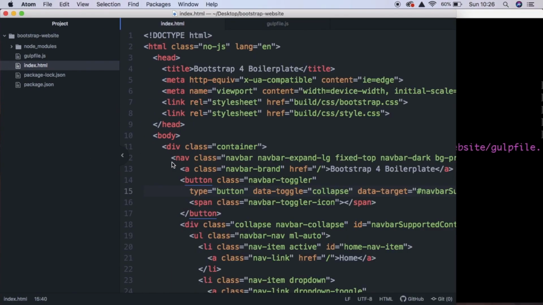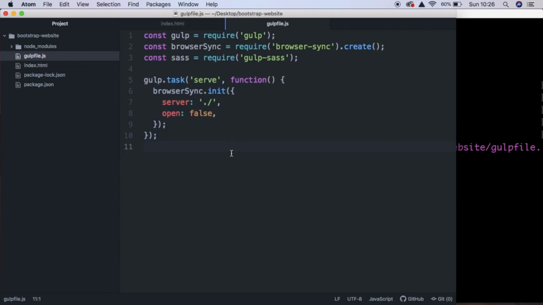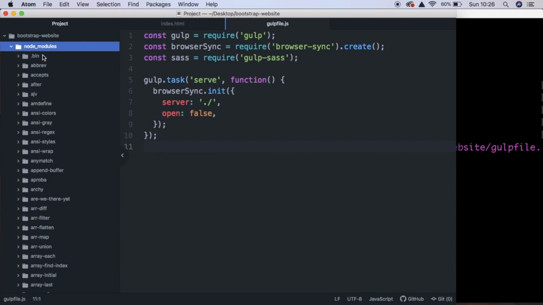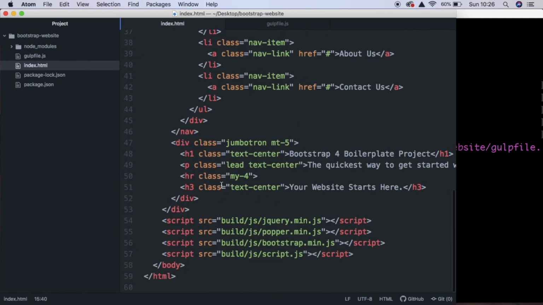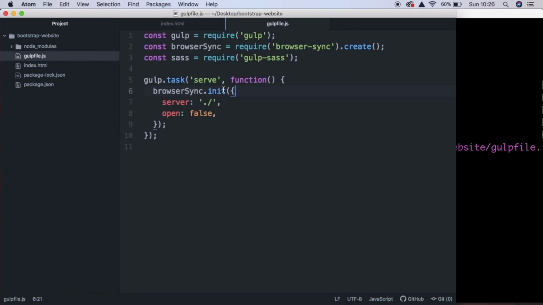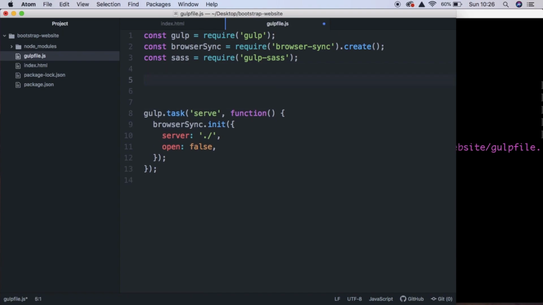So now we're going to fix that, and to fix that we're going to go into our gulp file, and now we need to create gulp tasks to bring the Sass and the JavaScript from inside the modules that we required and put them into a build folder, which our HTML file is looking for. So to do that, we're going to go into our gulp file and we're going to create these tasks. So the first task we're going to create is a Sass task. So we're going to say gulp.task, and the name of it is sass. Again, we're providing a callback function,